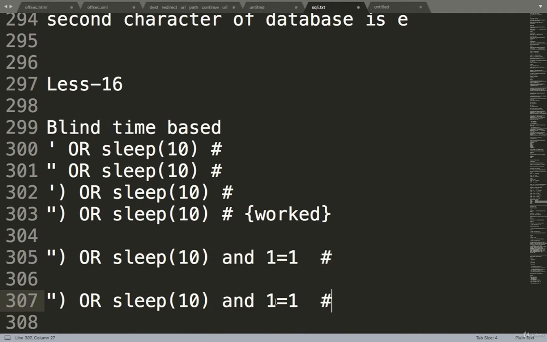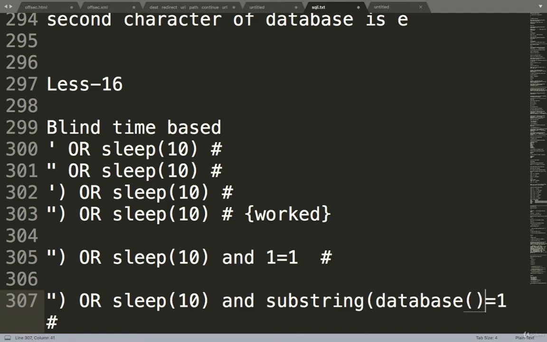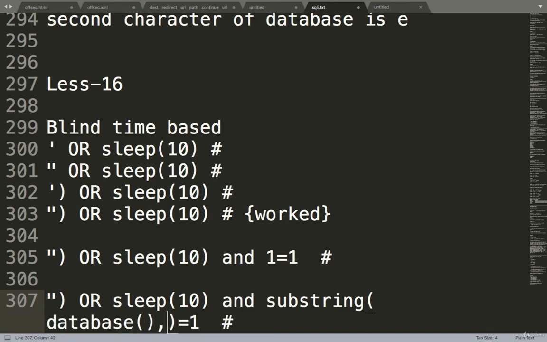If I'm giving this database function, you can directly use the substring function, substring of database(), 1, 1 meaning the first character of the first database, and then I will compare it with this character. So let's try the third.